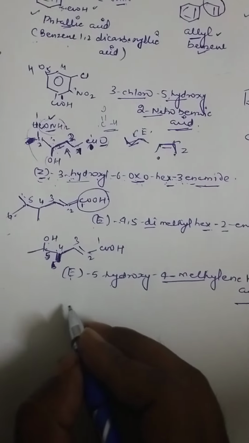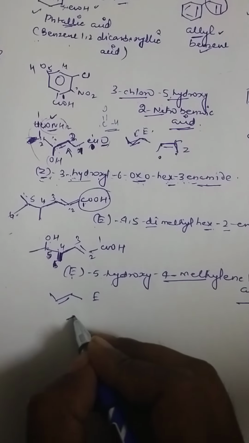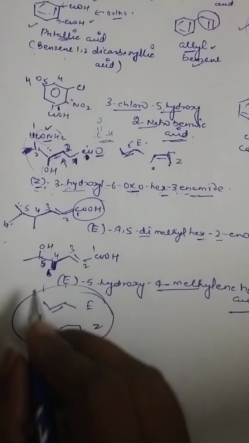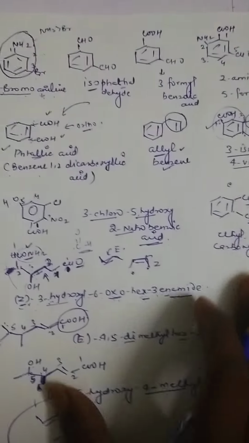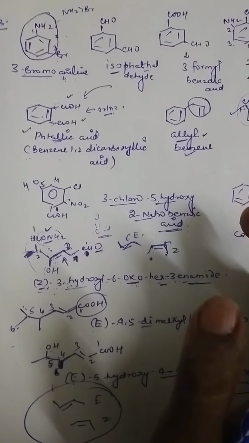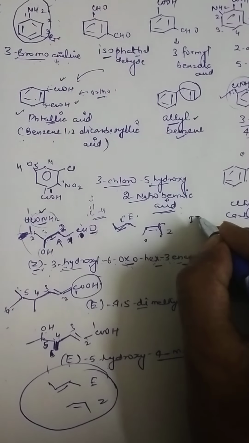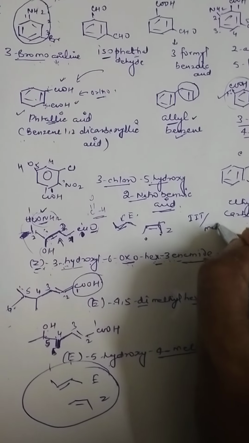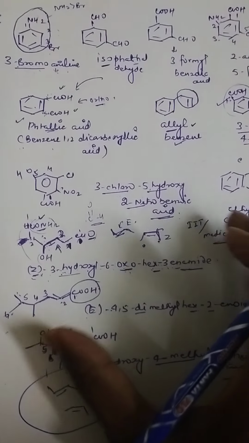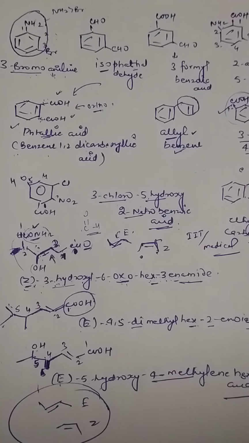So carefully you should remember what is E and what is Z. It is very important for you, and these are some of the toughest IUPAC examples, and this type of problem can be seen in IIT JEE and medical exams. So please, before going to the exam, see this and solve it yourself for analyzing yourself. So thank you for watching this video.